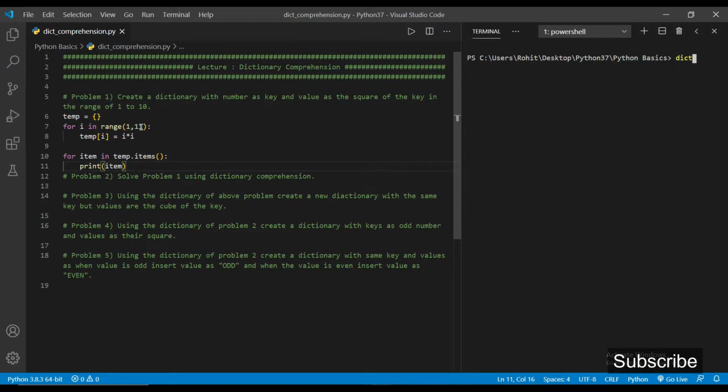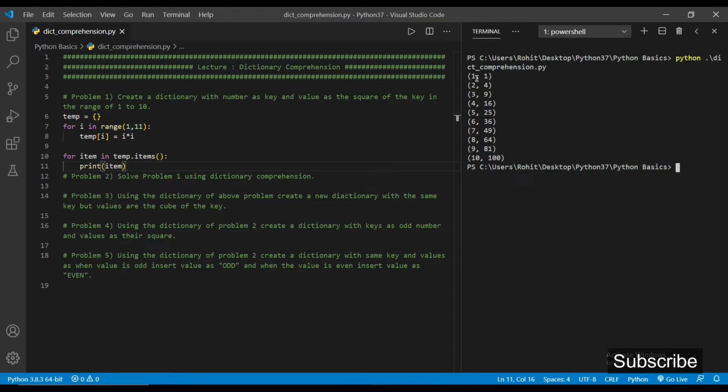I will run the file, python dict comprehension. As we can see, we are getting the keys from 1 to 10, and the corresponding value is the square of the key, that is 1 square, 2 square, 3 square, and so on. Like this we create a dictionary.